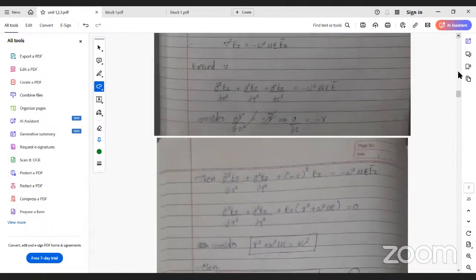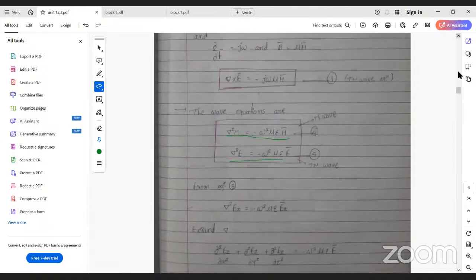Ma'am, in the textbook it is different. The textbook is different; I will share it. Because in the textbook, the direct equations are written. Ma'am, it is difficult to memorize direct equations. Yes, ma'am. Here, I wrote step by step how we got that.